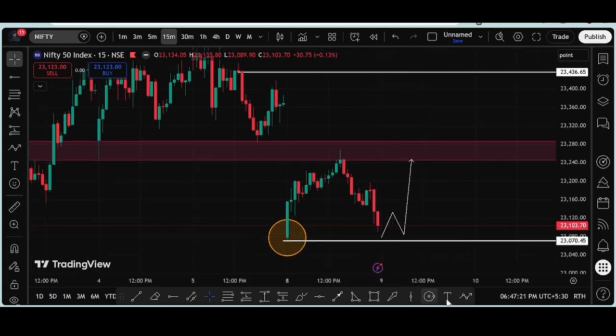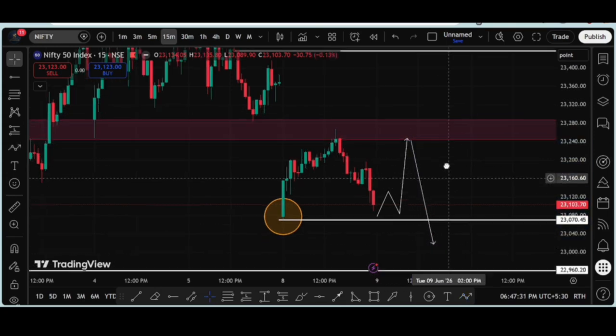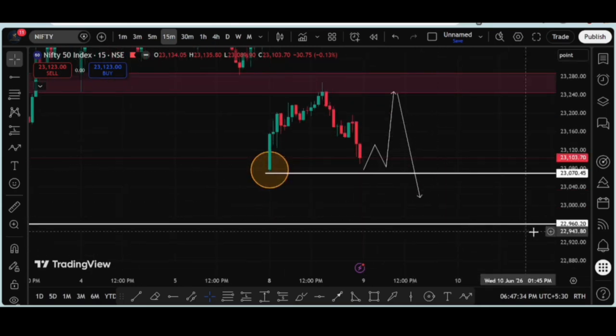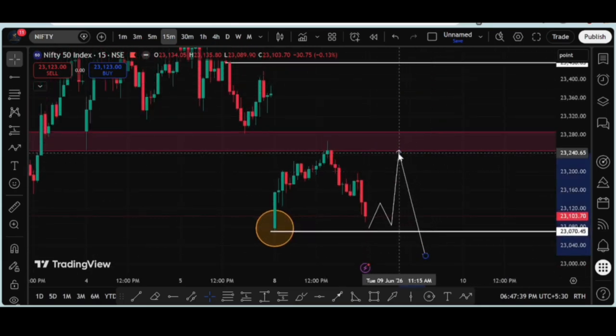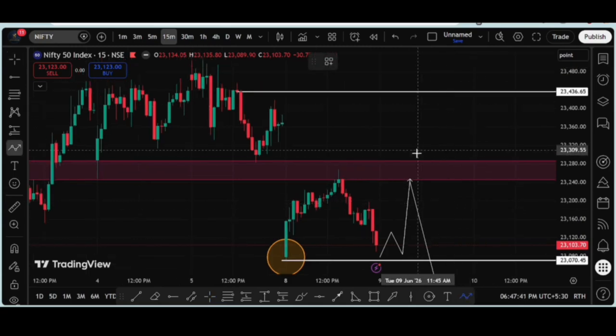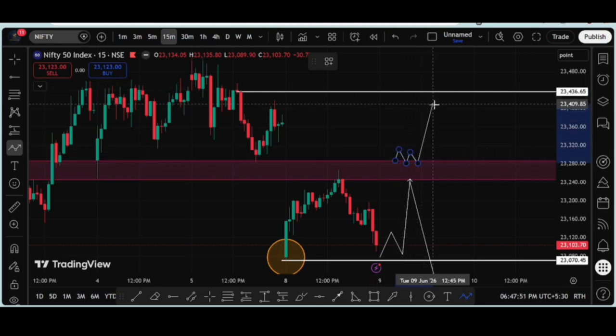If that happens, then market will remain range bound. And again, if market price rejects from this demand zone, we will be seeing downtrend like this, okay? And our target will be 22,960. If you want to see buying in this market, market should break out. Like maybe if market opens gap up tomorrow, and then if price sustains above this level, then our target will be